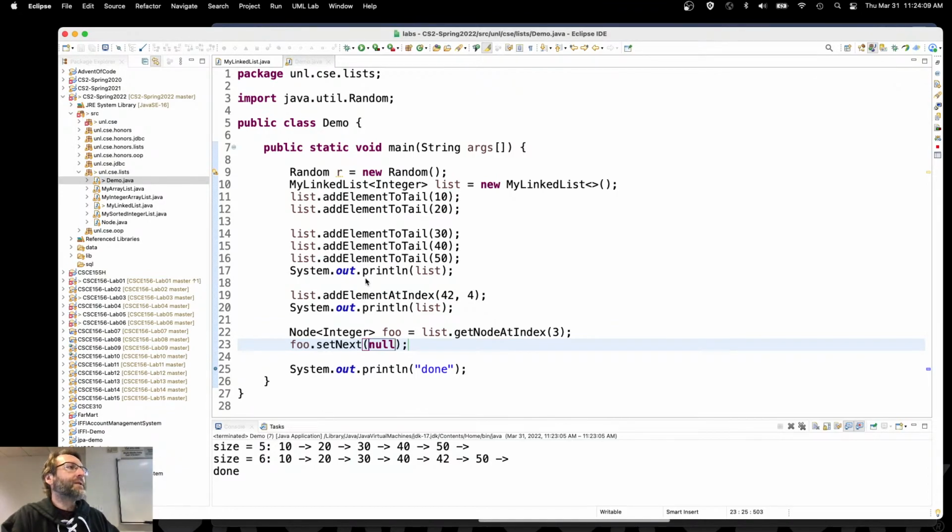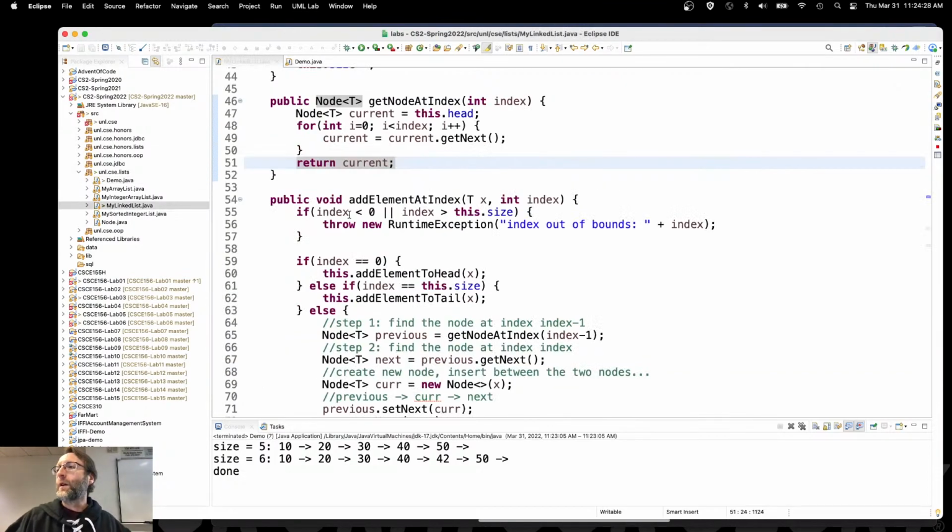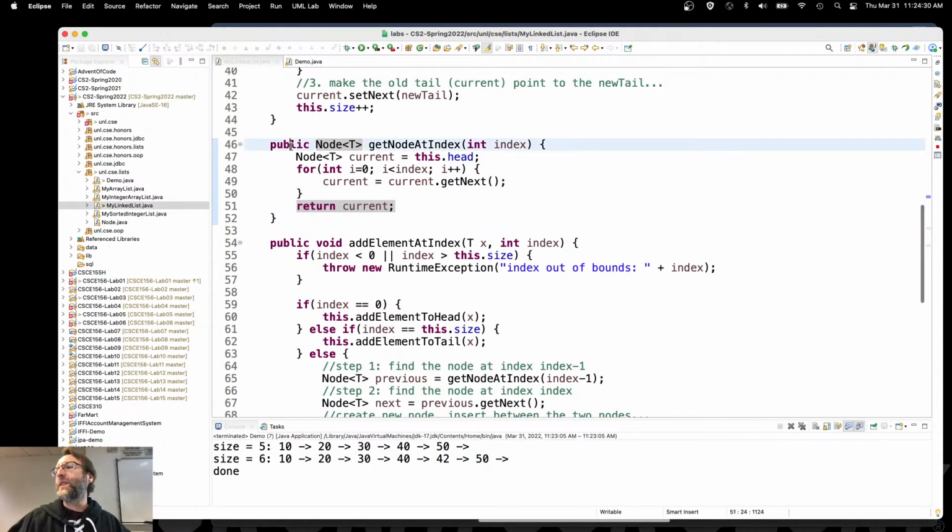This is a leaky abstraction. We've broken encapsulation by allowing the outside world, right, in this case the demo class here, access to the internal representation of our data structure. And not only that, but we've allowed it to break our data structure here. Back to the drawing board. Okay, well, that maybe doesn't make any sense. Unless it's